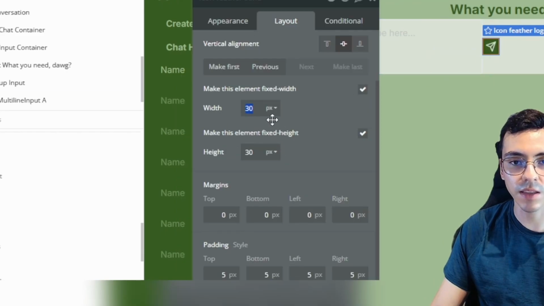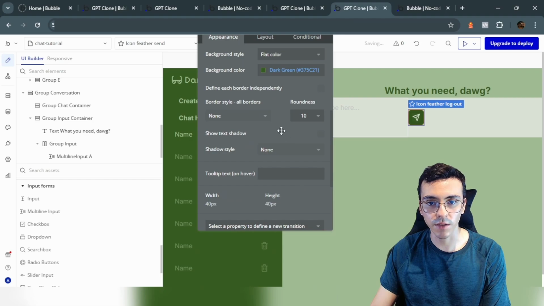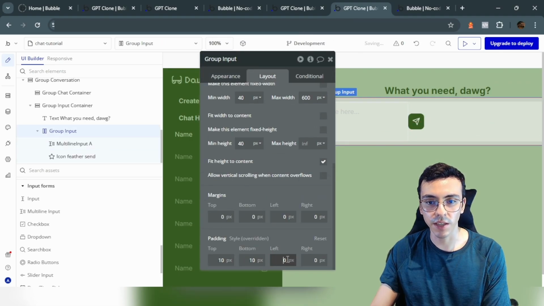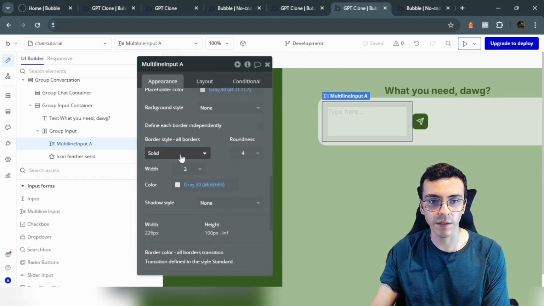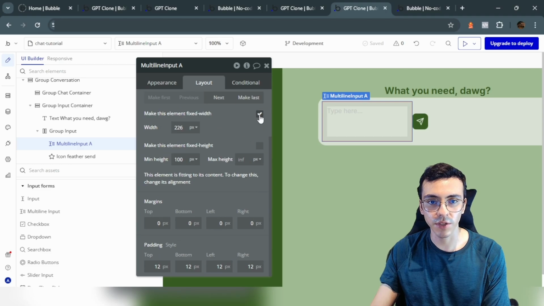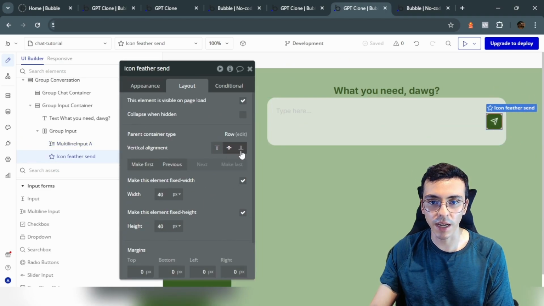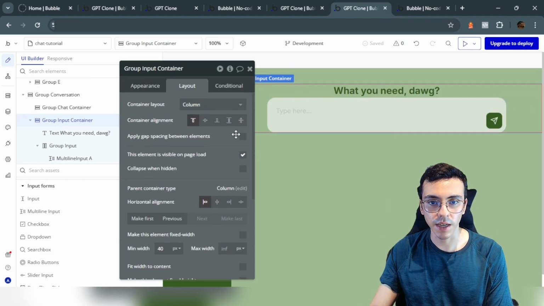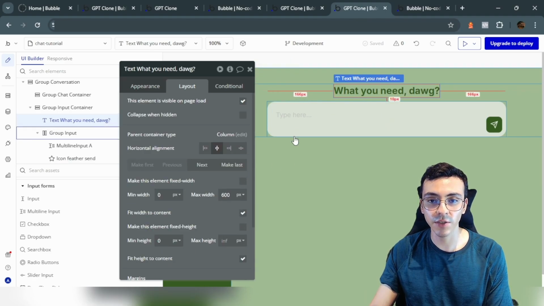Okay, I'm going to set this button as 40 by 40 pixels and add 10 on each side and 10 pixels of roundness. For the input group, let's add a padding of 10 for each side, and for the multi-line input, I'm going to remove the borders and to uncheck this one. Okay, the last thing here is to put this at the bottom, and the min height, it will be 0. Okay, perfect. Let's add a space between elements of 10 pixels,